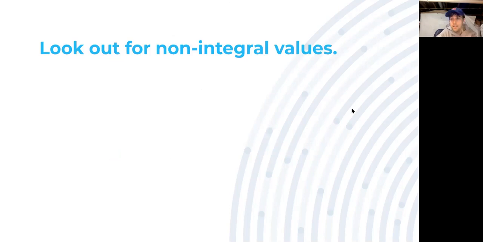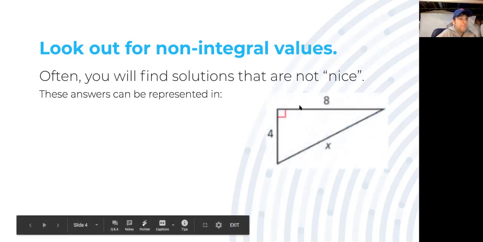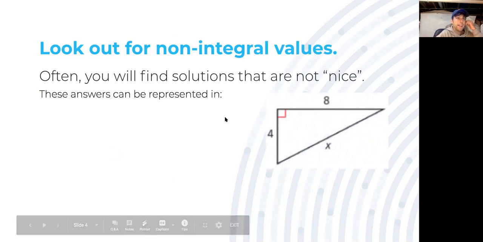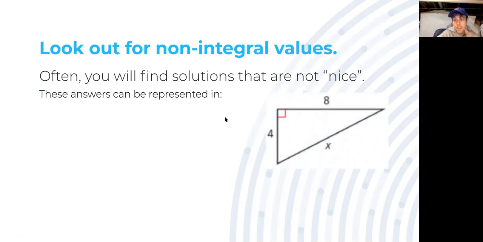So as I was saying before, there's a lot of whole number answers or integer answers, but most of the time, if you just pick some random numbers for the sides of your triangle starting off, maybe like 4 and 8, a lot of times your answers are not going to be nice, meaning they're not going to be whole numbers. And there's two ways that we will represent these answers. Radical form, which was on the summer homework, reduced radical form, but I'll go over it again, which is like this. So for this problem, when we do our process,